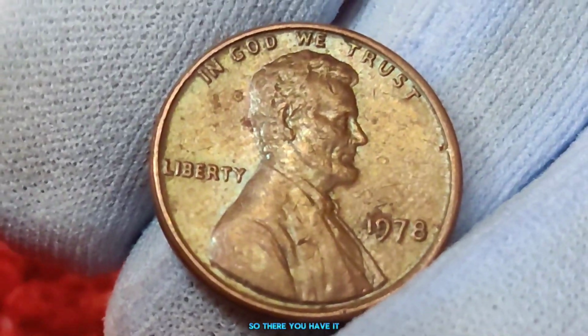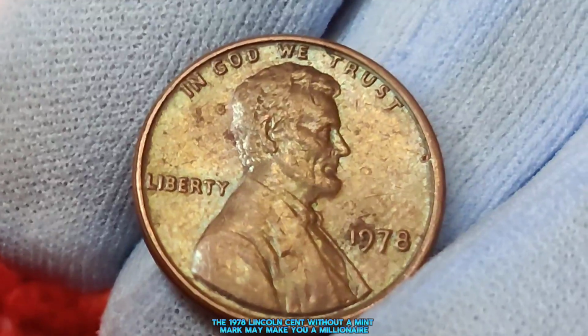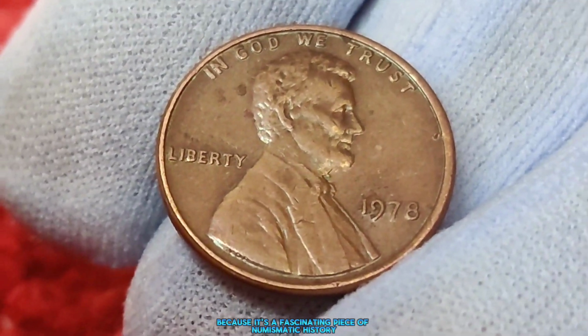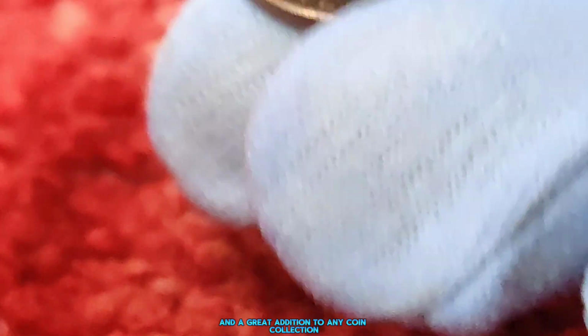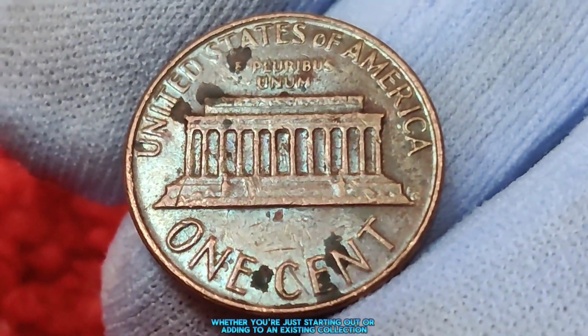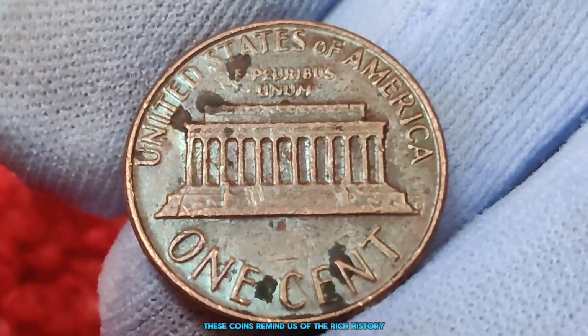So, there you have it. The 1978 Lincoln cent without a mint mark may make you a millionaire because it's a fascinating piece of numismatic history and a great addition to any coin collection. Whether you're just starting out or adding to an existing collection, these coins remind us of the rich history embedded